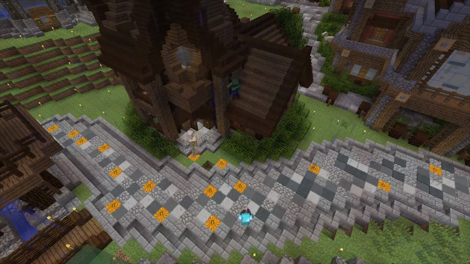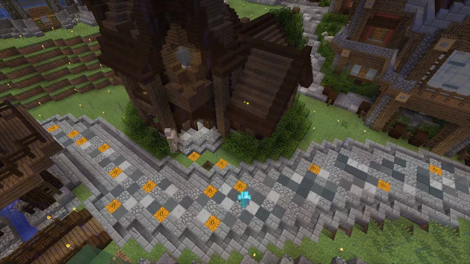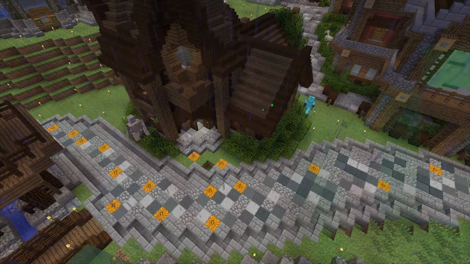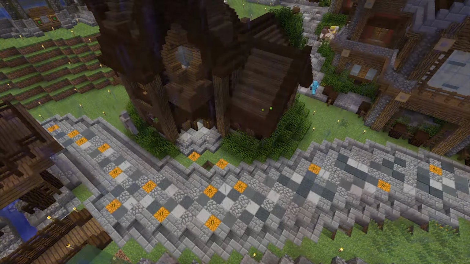So, zombie on the roof, we're definitely going to have to figure out where that guy came from, because we cannot have zombies on roofs dropping down on our villagers. I guess let's head up in,